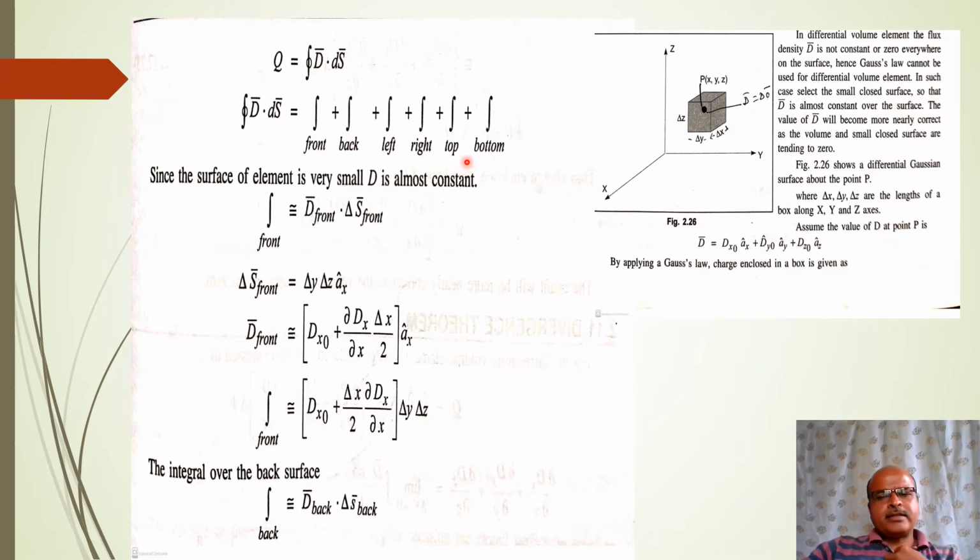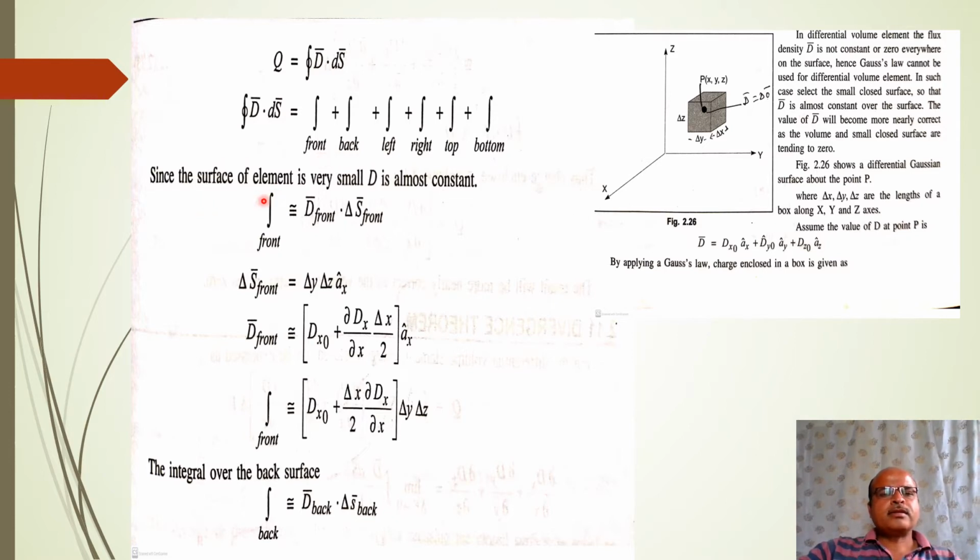So we have to add these 6 integrals. For solving this derivation, first we have to solve the integral front, then we have to solve the integral back, then add front and back, and we will get one equation. Then for the next integrals, that is left and right, we have to write similar equations as front plus back, and also for top plus bottom we have to write equations similarly. Okay, so first write down or solve the integral front.